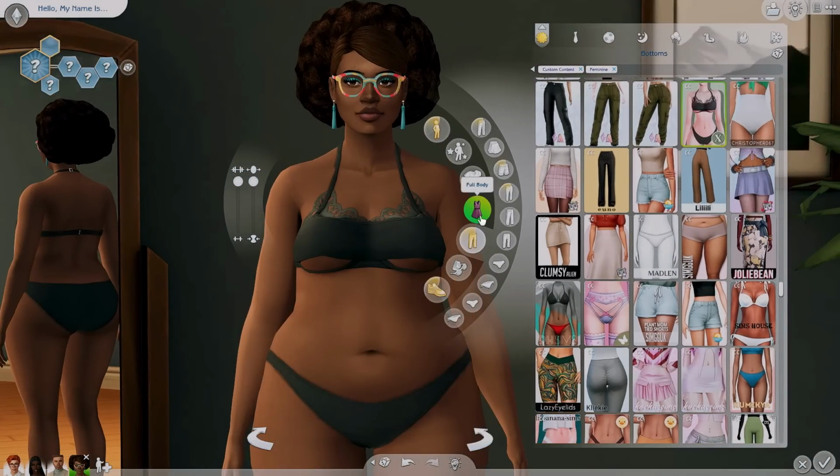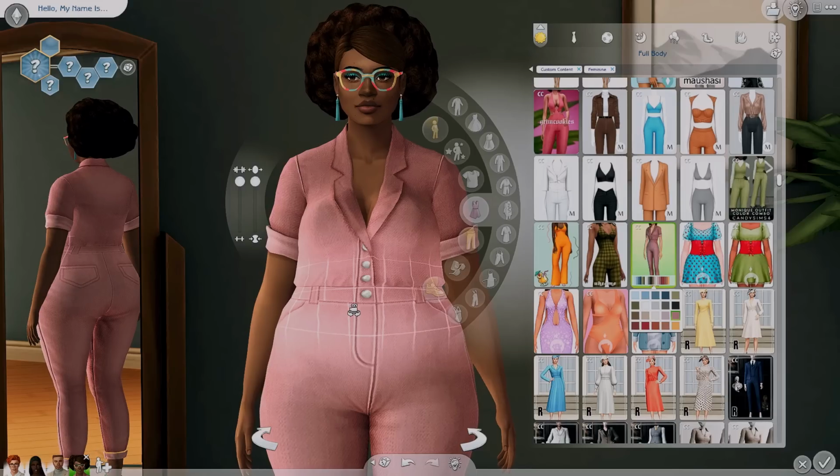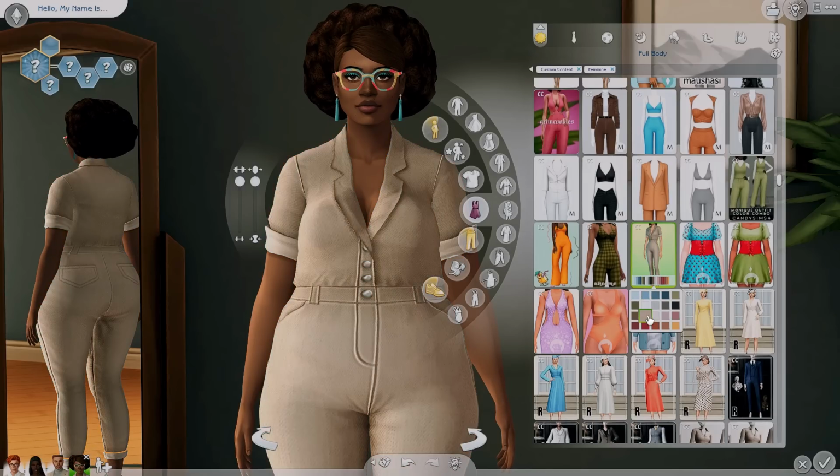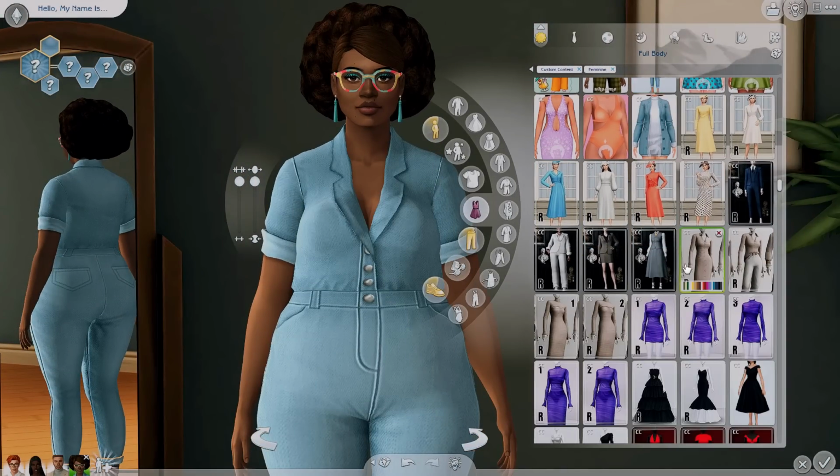Oh wait, I forgot to talk about the Sim. Oh my god. Okay, let me talk about this Sim and then we're gonna end today's video. So this is Tiara Robinson. She is an adult Sim, and I envisioned for this Sim to be a very colorful and bright Sim, because